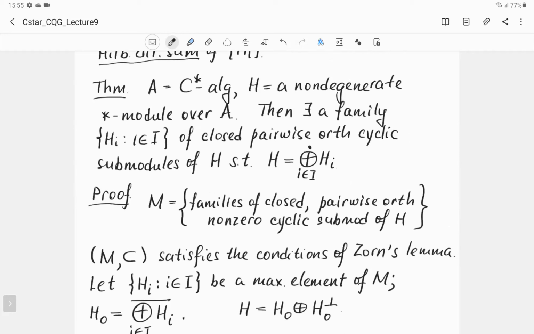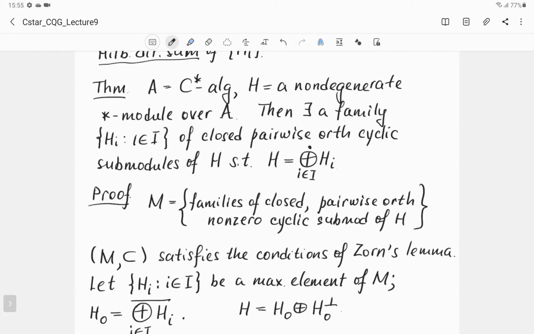Okay, so now let's find a relation between cyclic representations and GNS representations. Oh, I have only 5 minutes left. It seems that this is not enough for me. Well, in this case, that's all for today. And at the beginning of the next lecture, our first goal will be to show that